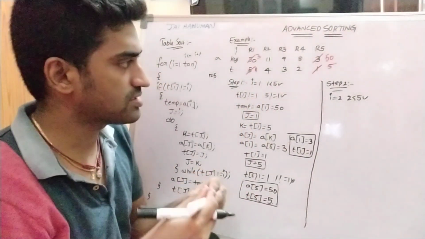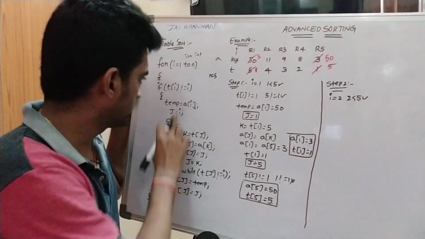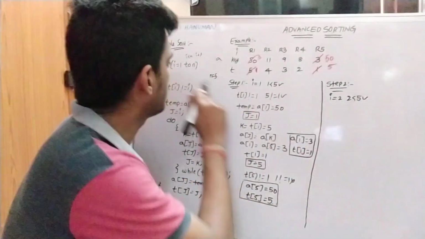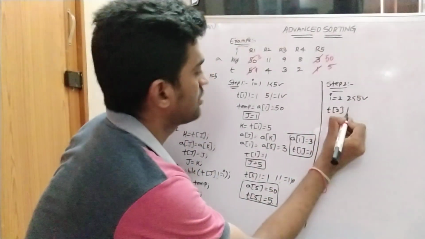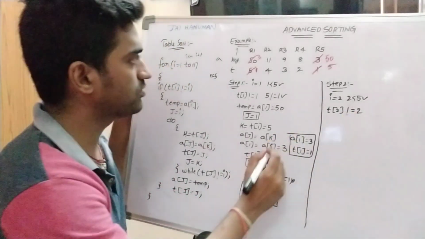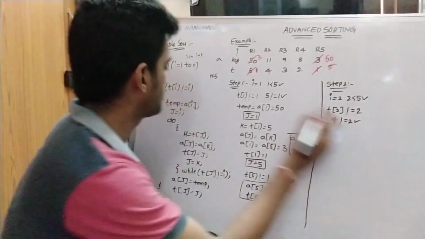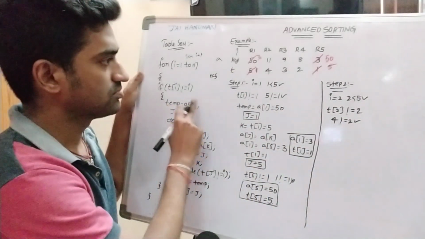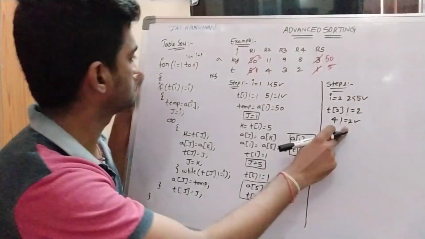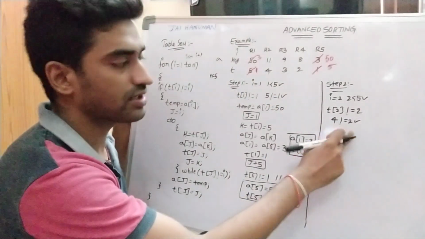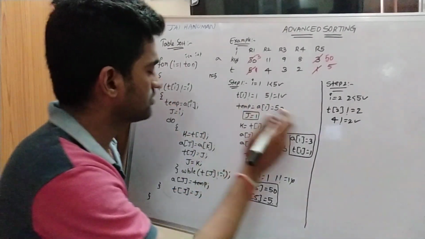So we are checking the second iteration, I is equal to 2, less than 5. Fine. So here, if t of I not equal to I, once this condition becomes true, we are checking this condition: t of 2 not equal to 2. So what is t of 2 value? 4 not equal to 2. The condition is true. Then we are checking these statements.